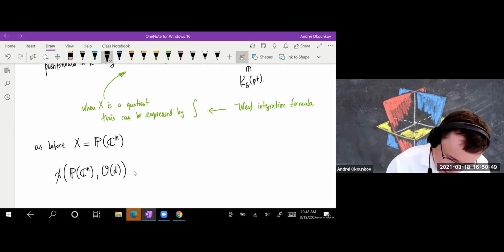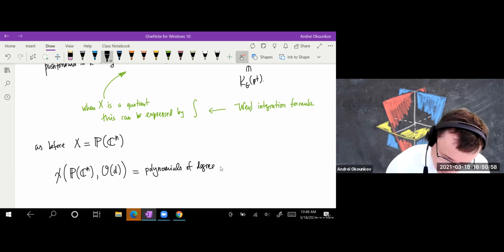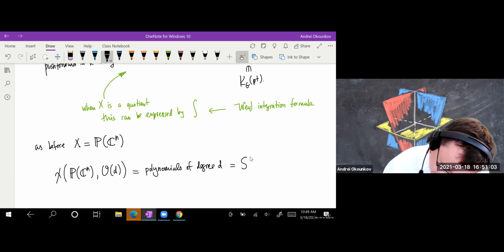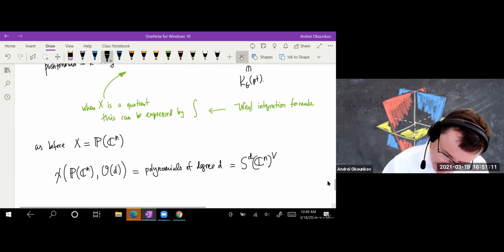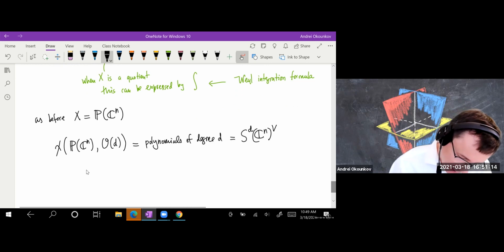And so this means polynomials of degree D, the D-th symmetric power of the dual vector space. And if I want to compute its character,